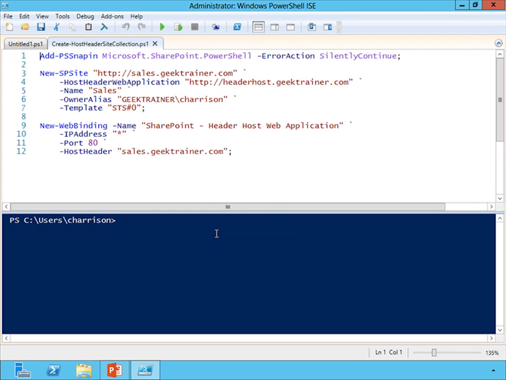Now the real key to this PowerShell call is not the name, the owner alias, or the template. That's just generic site collection stuff. The real key is the host header web application. That's where I'm going to tell this that I want this to be available as a host header inside of